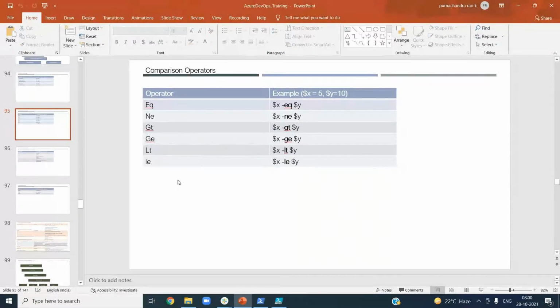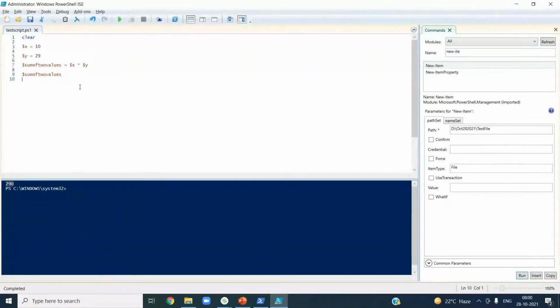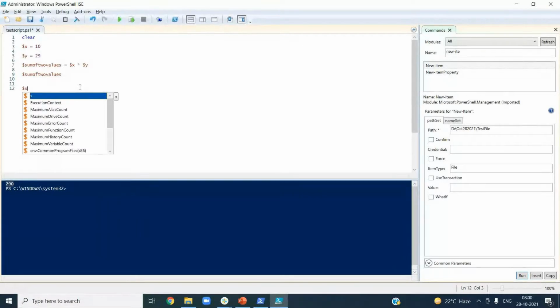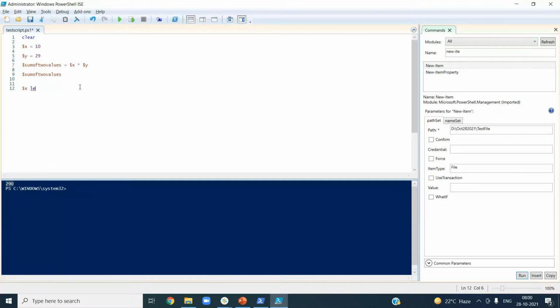Okay, now if you go and do the same thing here, let us say $x less than, right, space, give the space, LT. It is not changing the color, it is giving me some underlining, so hyphen.